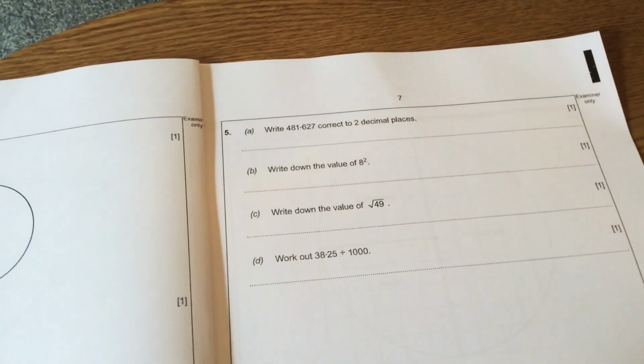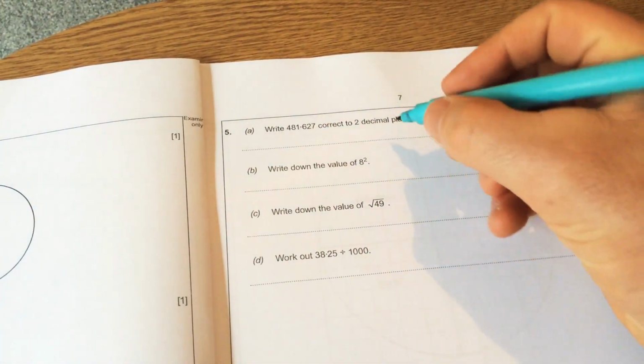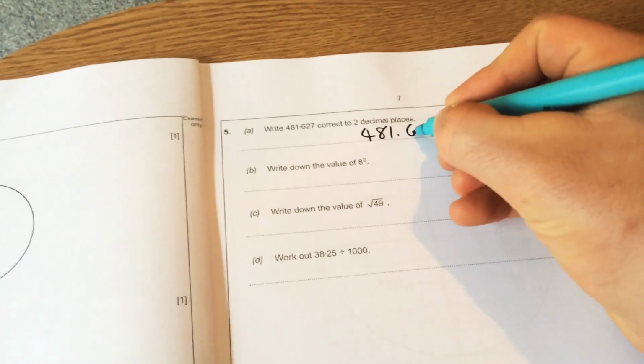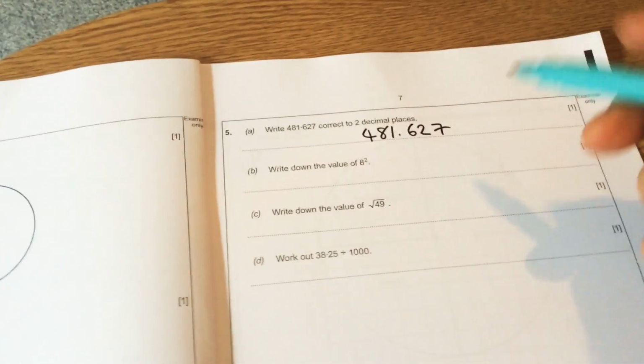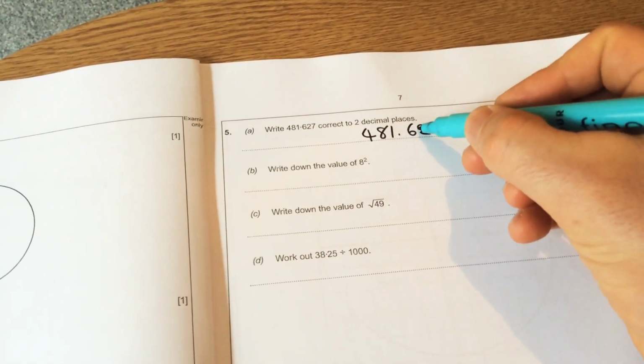Question 5. Write 481.627 correct to 2 decimal places. So I'm going to rewrite this number. I've got 481.627. Now, if I want to go to 2 decimal places, I count across my decimal point, 1, 2, and